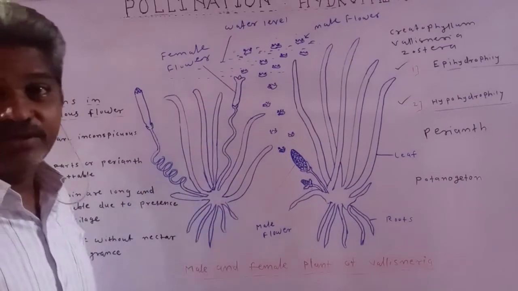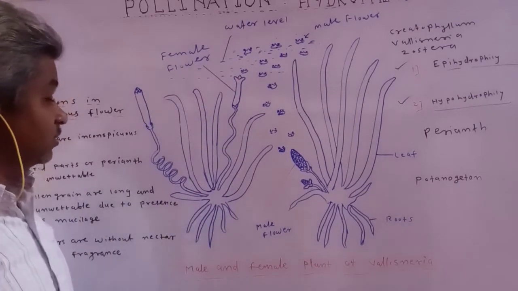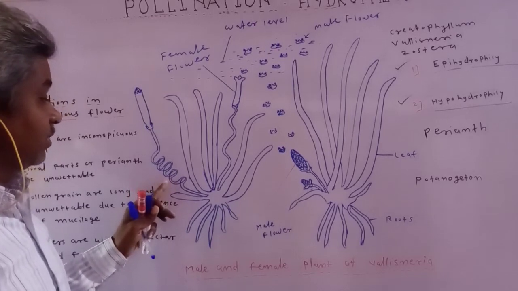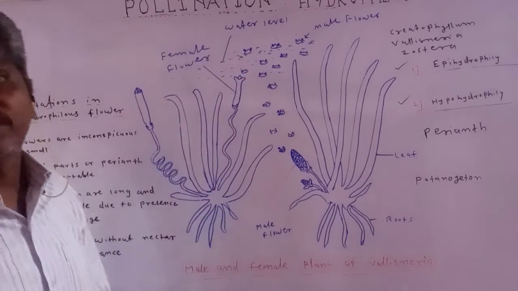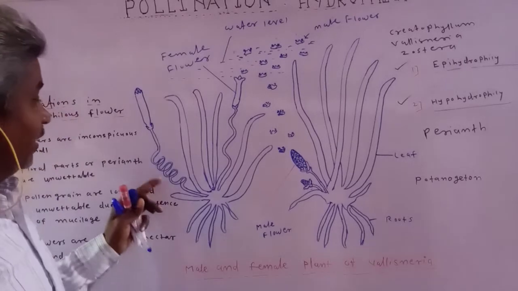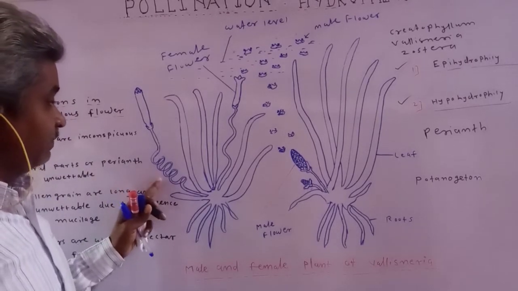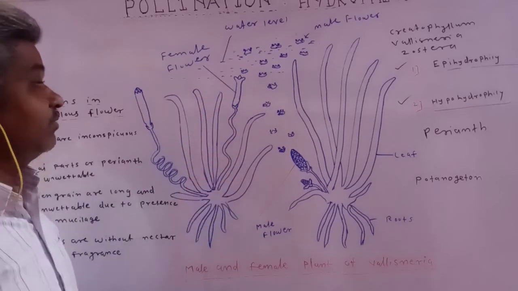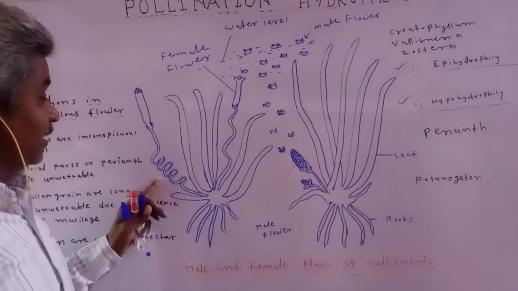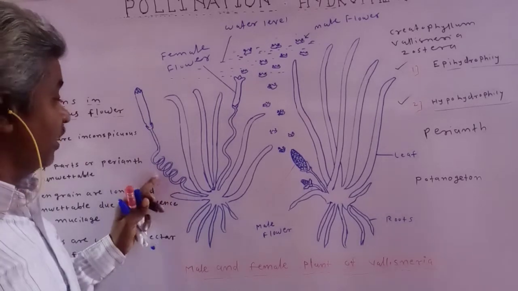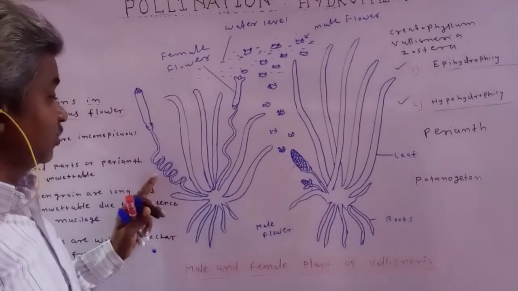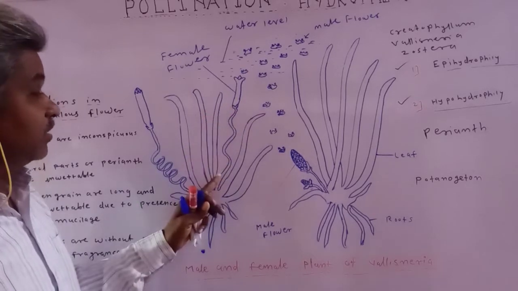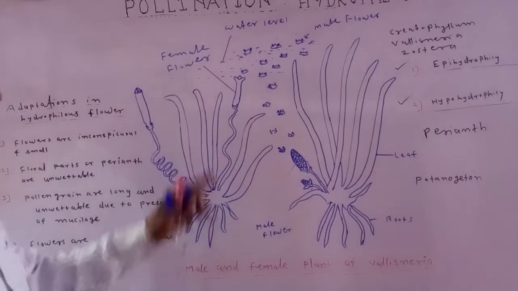it comes to the surface due to the uncoiling of its stalk. The stalk of the female flower is uncoiled, and so the female flower comes to the surface of water. In the immature condition, the stalk of this flower is coiled, that is, spring-like. When this flower matures, the coiled stalk becomes straight, and so the female flower comes to the